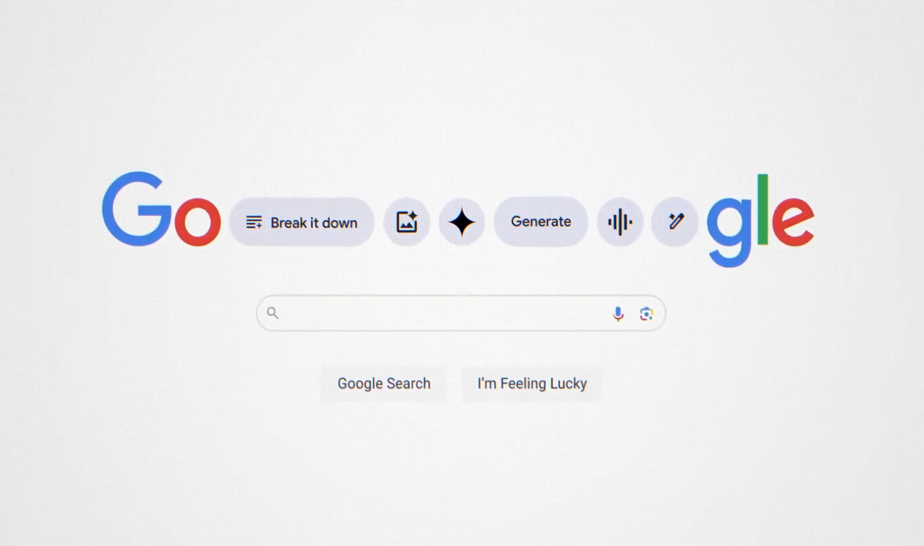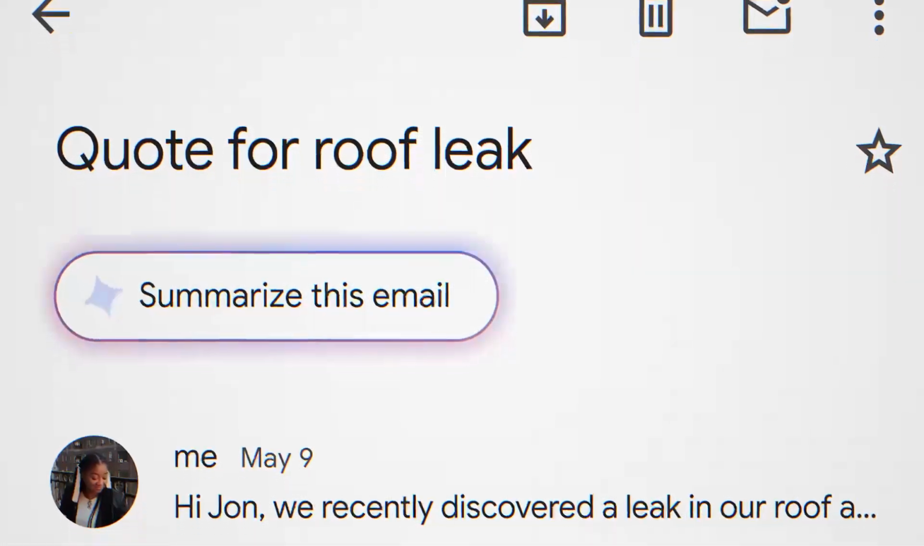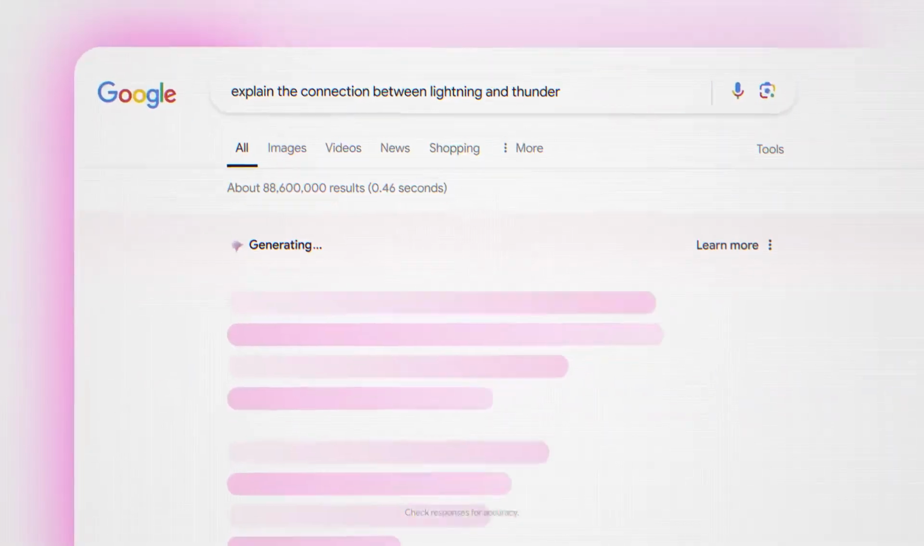Let's walk through Google's AI offering that is available to you as a Google user, and more specifically when you're